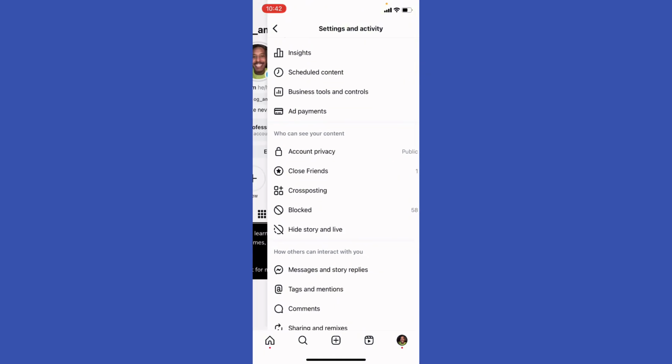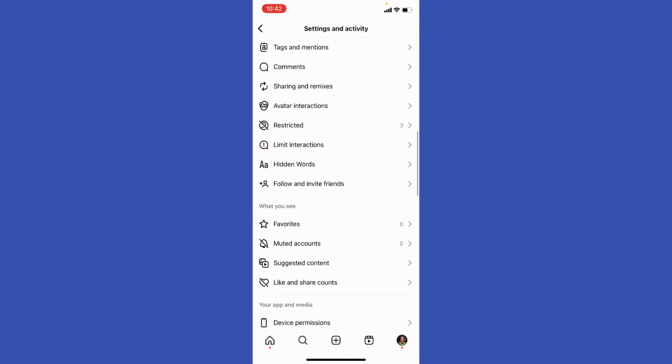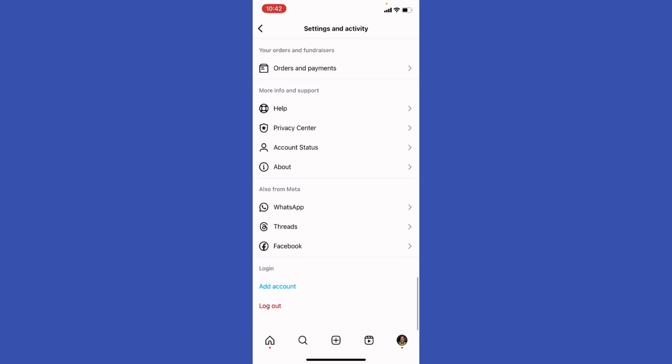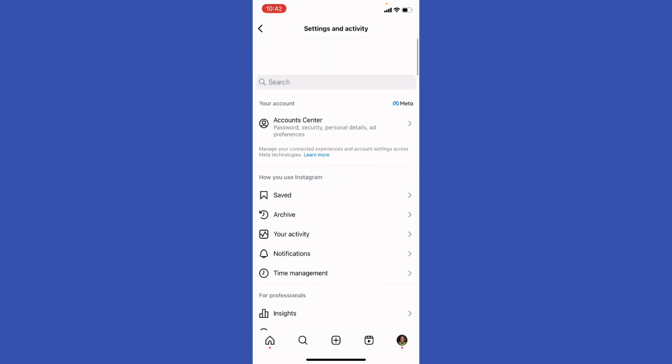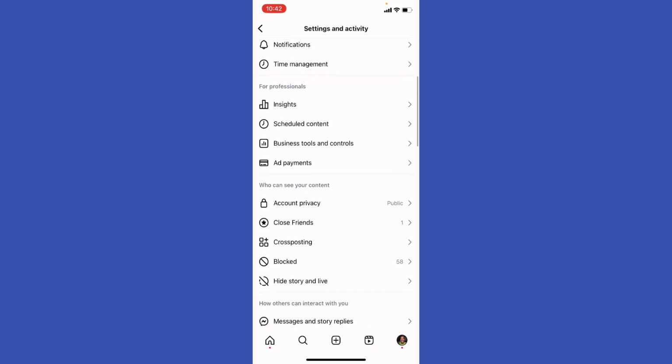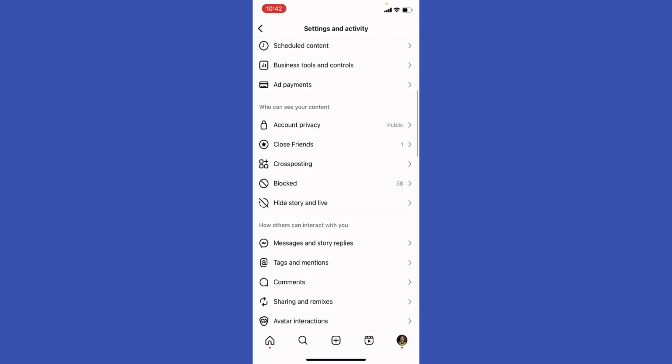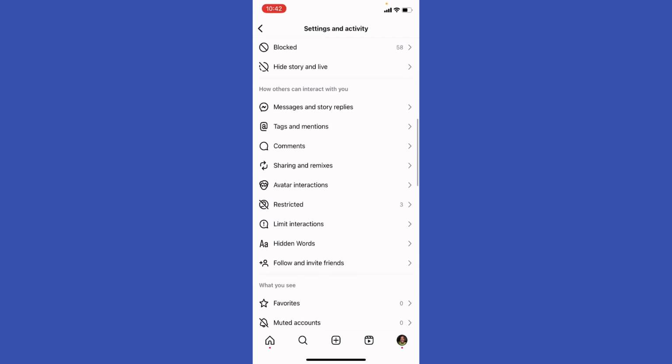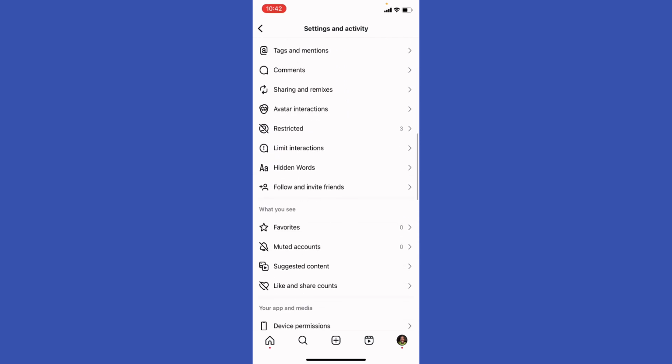type. Let me try to find it somewhere along here. No, not here. And you will see it somewhere here, right? Account privacy, no. Okay, if you didn't find it here because I already switched it to a professional account, you